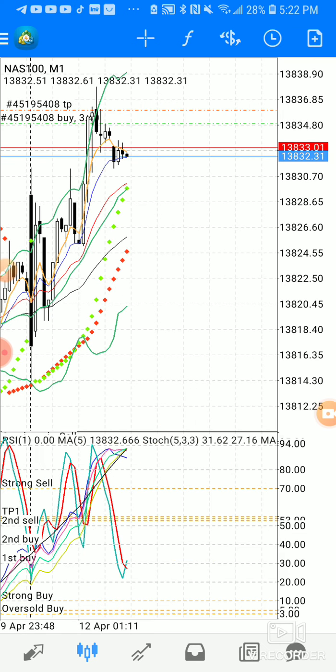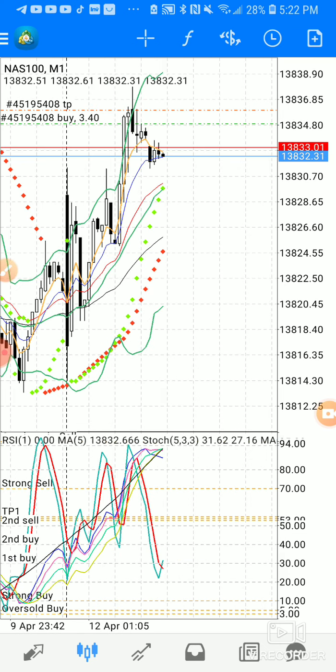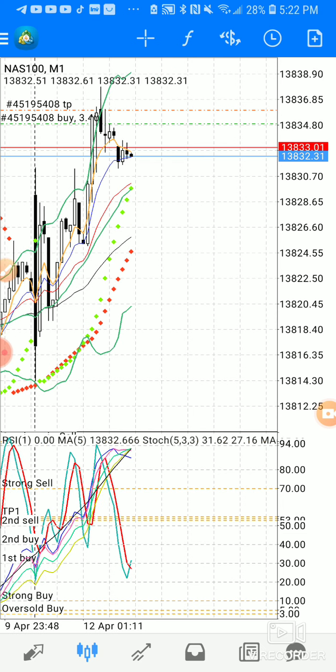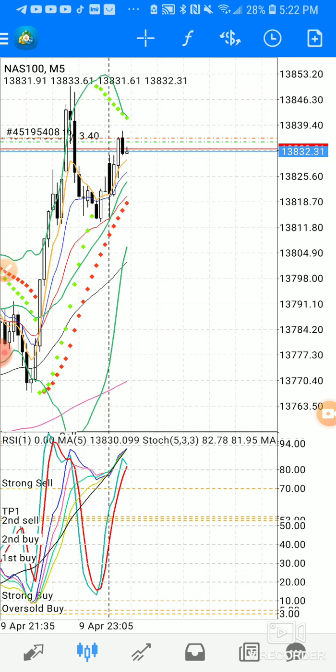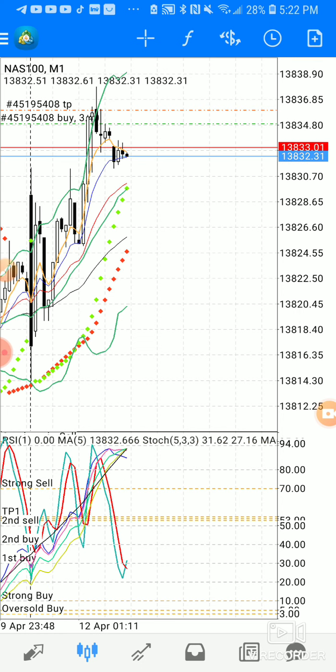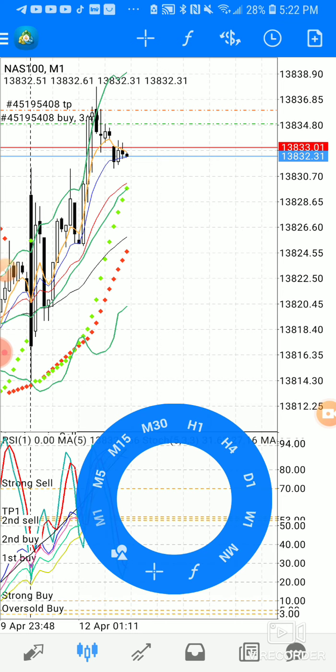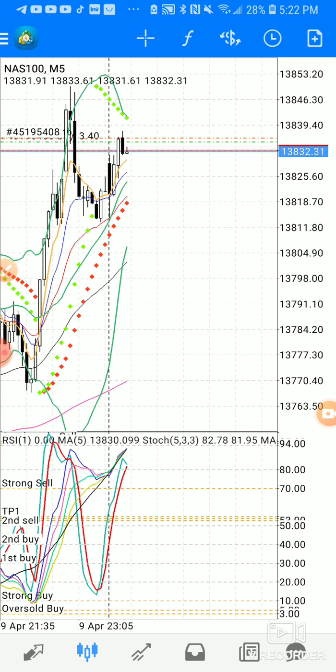And why did I do that? Because my 200 SMA, 200 EMA, along with the rest of the moving averages, were already heading upwards. Okay, and then my parabolic SAR was not even touching the center BB line. Now it is now, but I'm still waiting for it to play out and come around, because what's going to